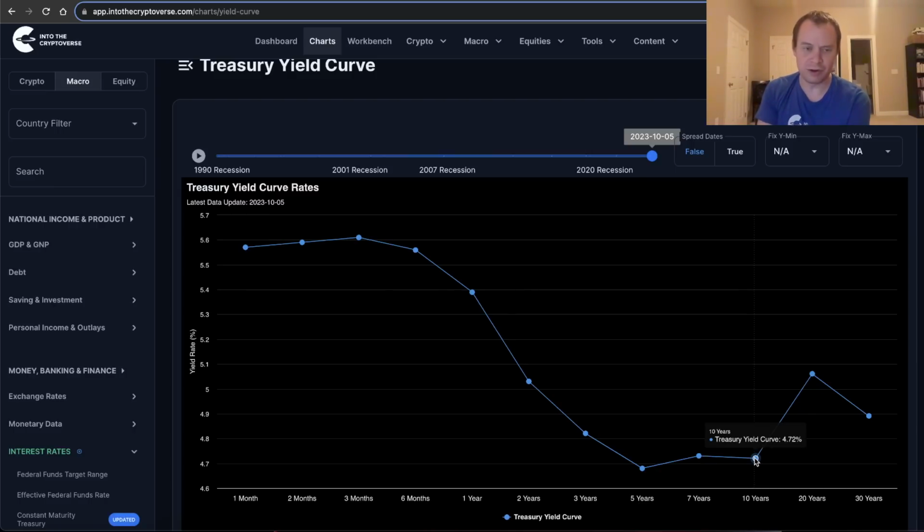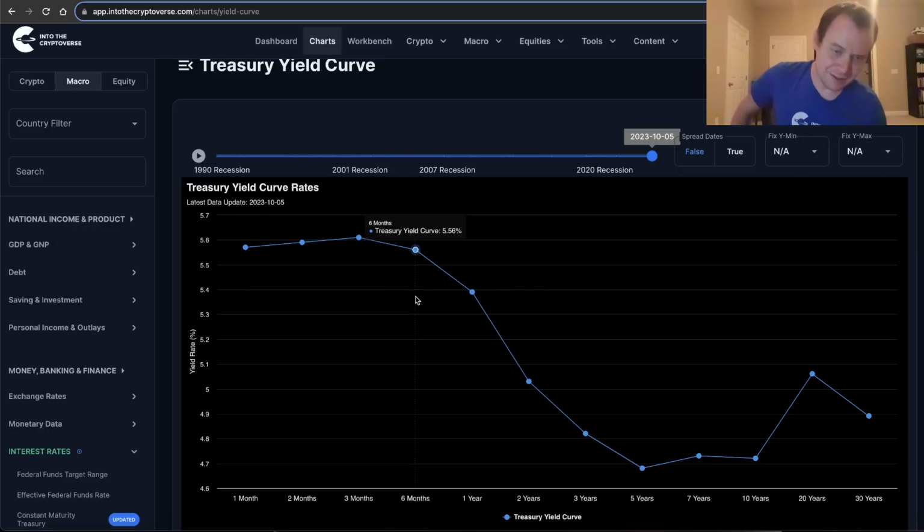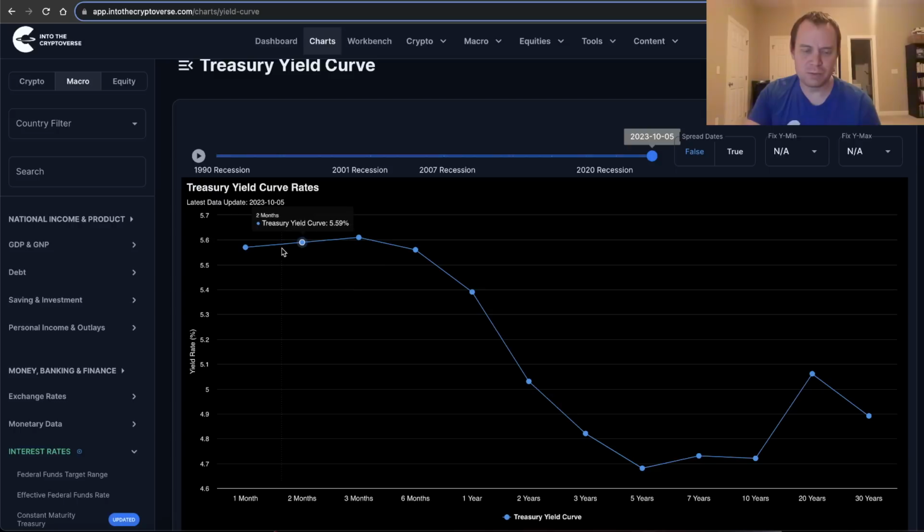So it makes sense for the short end of the curve to be around that level, unless the markets are expecting the Fed to really start to cut or to increase anytime soon. But the market is not currently expecting that, right? As of right now, the market expects the Fed to sort of hold at these levels for at least a few months, and that's why the short end of the curve is more or less just at the Fed funds target rate. But because the long end of the curve has moved up, the spread between the short end and the long end has narrowed, right?